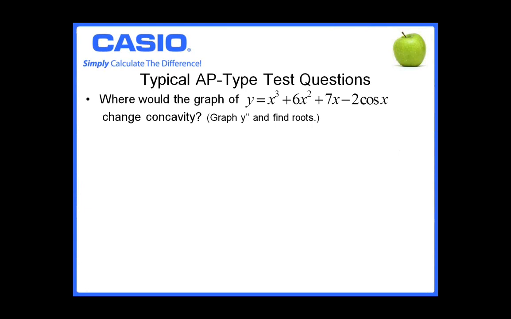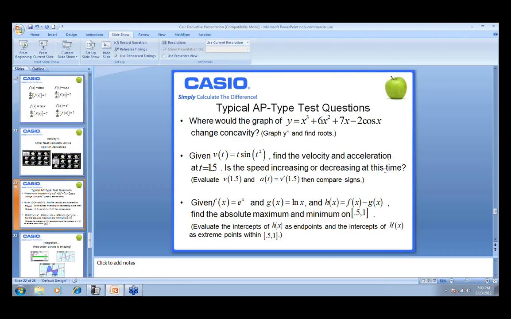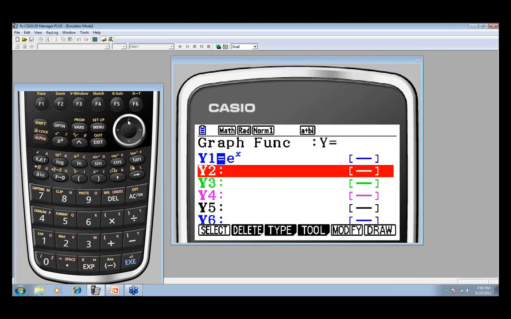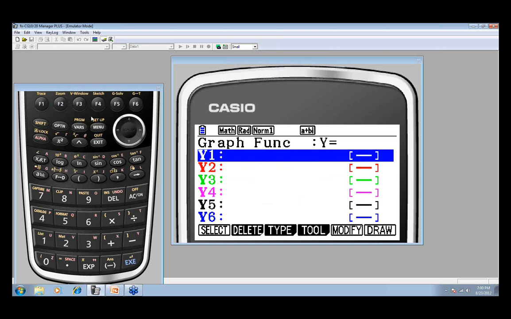Now, by the time you get to the AP exam, you've probably had them do this by hand many times. Find the first derivative, find the second derivative, set the second derivative equal to 0. But what you want students to be able to do on the calculator part of the AP exam is know that if they're trying to find where the second derivative is equal to 0, then they can just graph the second derivative and quickly find the roots. So when I start getting into review mode for the AP exam, I try to really show them neat ways to quickly get through the problems, because part of the AP exam challenge is taking the test in the length of time that's given.